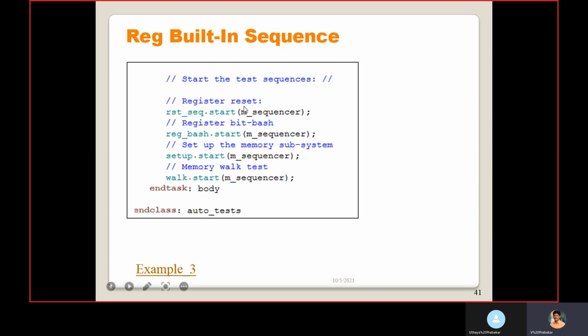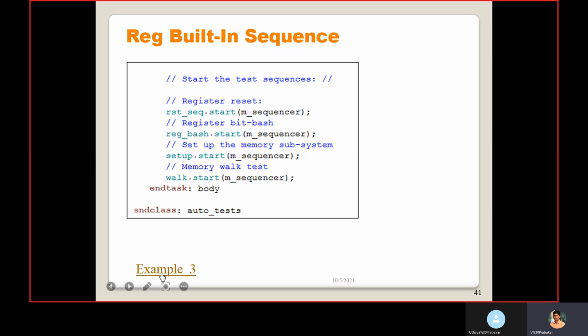If you have it inside the agent, you should mention the whole path to the sequencer in the agent. So the mem walk.start, then the bit bash.start, the reset sequence.start, each on the corresponding sequencer. The sequences we are passing to the sequencer.